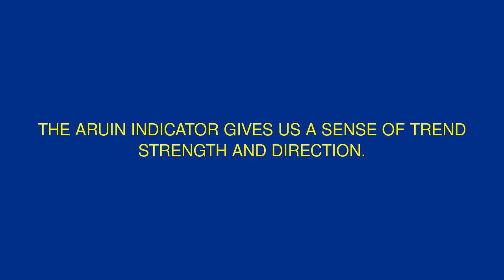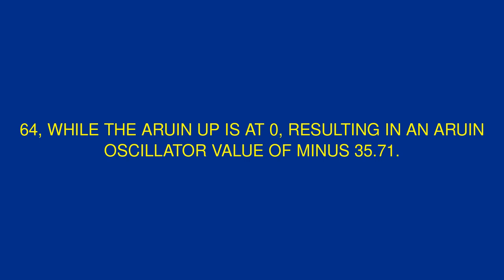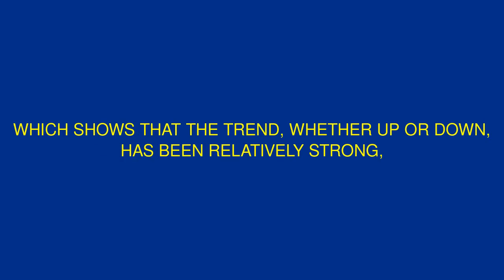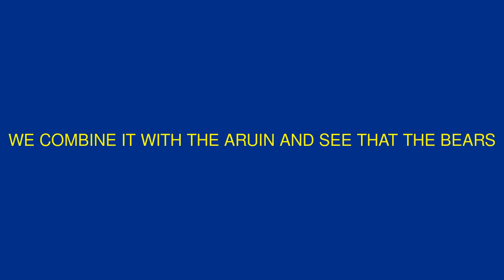The Aroon indicator gives us a sense of trend strength and direction. The Aroon down is at 64, while the Aroon up is at 0, resulting in an Aroon oscillator value of -35.71. This strongly bearish reading indicates that the recent lows are more significant than the highs, confirming the short-term downtrend. However, the 14-day ADX is at 44.84, which shows that the trend, whether up or down, has been relatively strong. Since the ADX doesn't indicate direction, we combine it with the Aroon and see that the bears are currently in